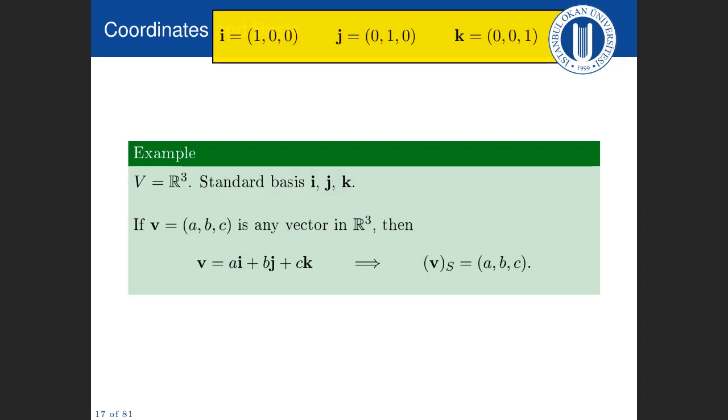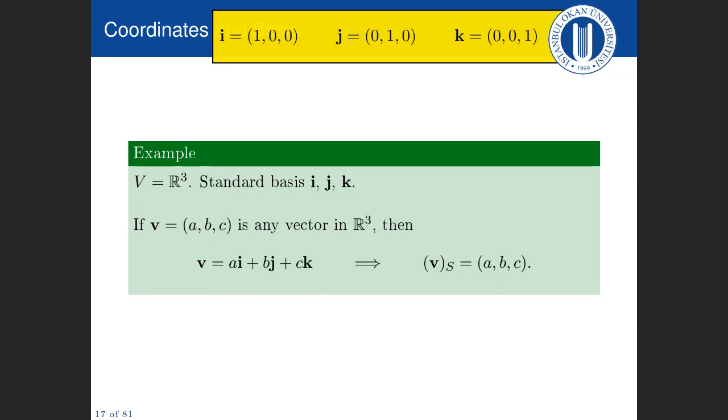Let's do an example. Let's look at the vector space R3 with the standard basis i, j, and k. And we're going to be looking at the vector v, which has coordinate vector a, b, c. Then we could write v is equal to ai plus bj plus ck. And that in turn implies that the coordinates of v relative to the basis S,